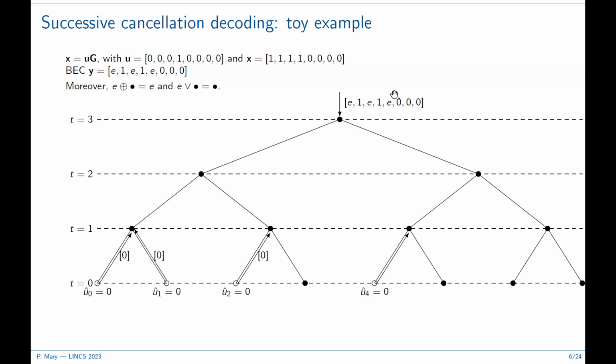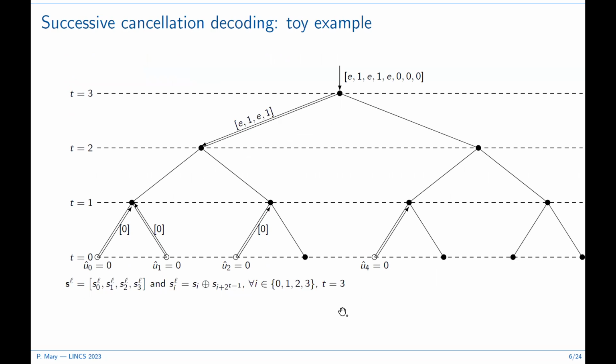So we have a decision tree. We have a tree like this, with 4 levels. And at the ground floor, these are the leaf nodes having the decided bits. Okay, so we have some bits that are frozen, which means that they are known by the decoder. And they are fixed to 0.